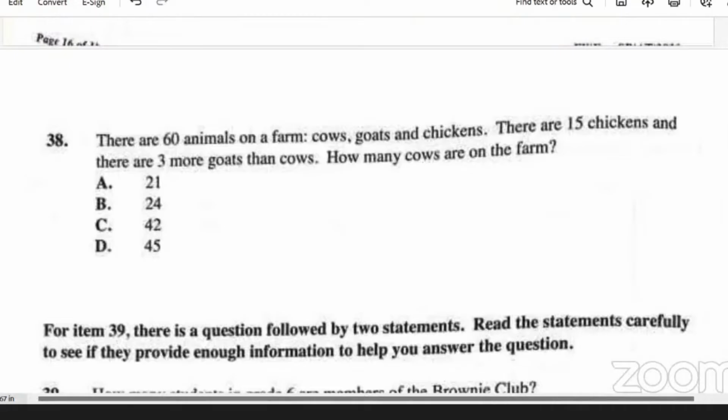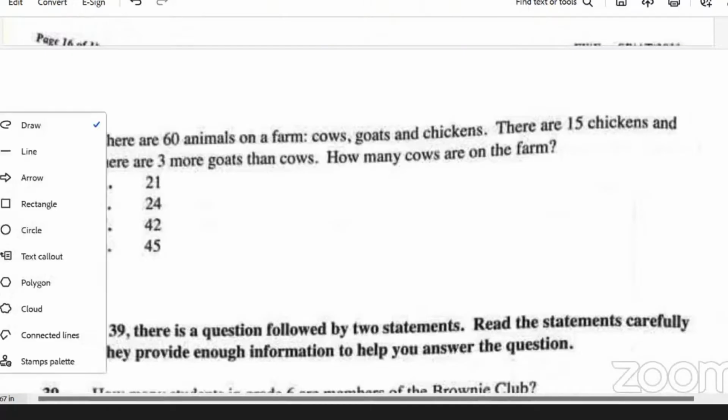Cows, goats, and chickens. There are 15 chickens, and there are 3 more goats than cows. How many cows are on the farm? So if there are 60 animals, right? We know that 15 of them are chickens, right? We don't know how many goats, we don't know how many cows yet, but we can subtract the